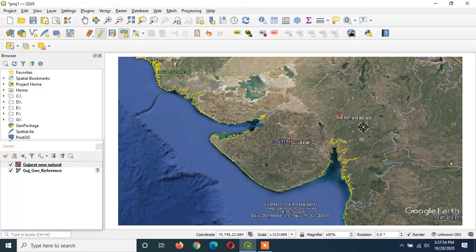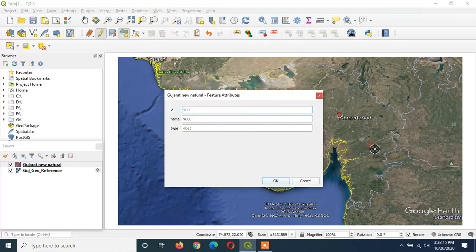Again I am going to add one more polygon somewhere here. So I am clicking, I am digitizing, and this is how we can add a polygon. Once you are done, you need to right click. It will ask for the values. I am adding value 2.